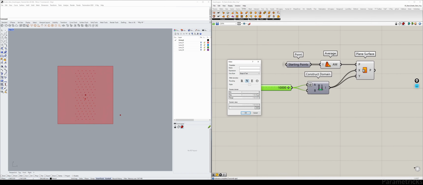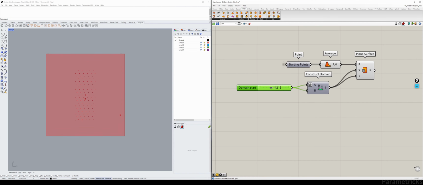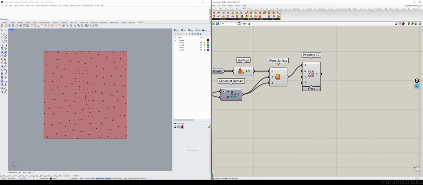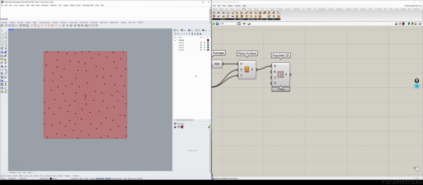So if you're happy with 10,000, we can leave it at 10,000, but we can also make it a lot bigger. So I'm just going to make 30,000 the maximum limit. You know what? I'm going to set this to 1,500. And within this one, we can create grid points. So we can either do a randomized point, like so, or we can create a grid of points that are following a